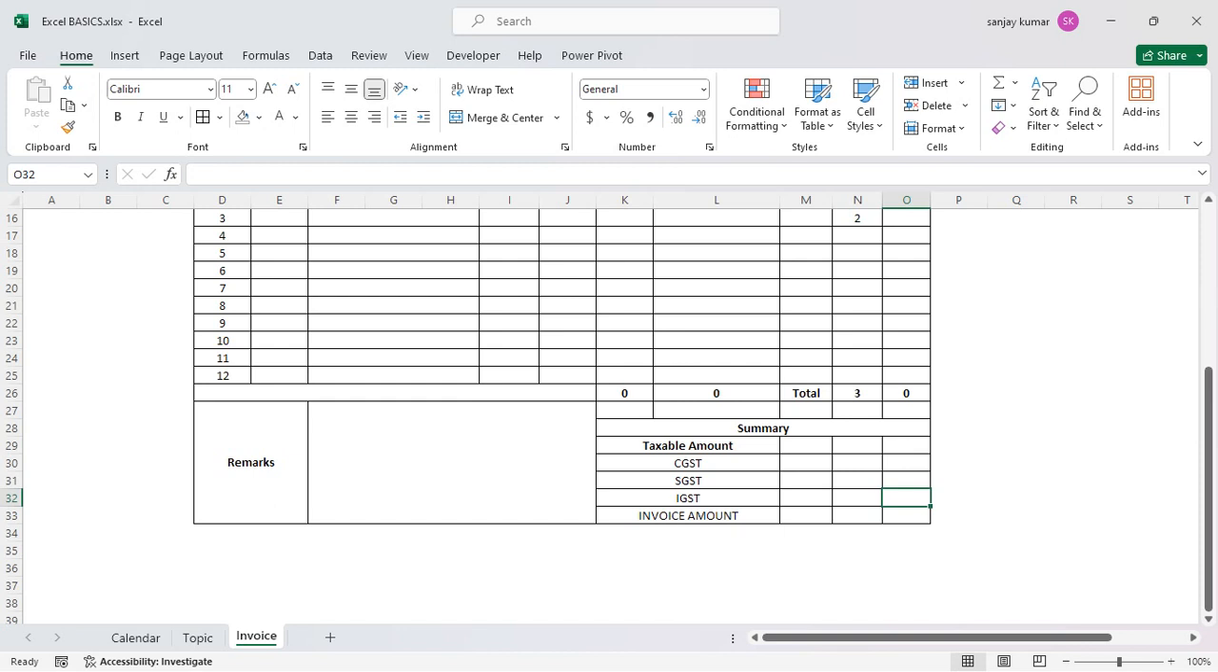Okay, so now it looks fine. For this one, let me merge to the center, and again here whatever will be the taxable amount, this should be here. Okay, so this one again, let me merge it to the center,